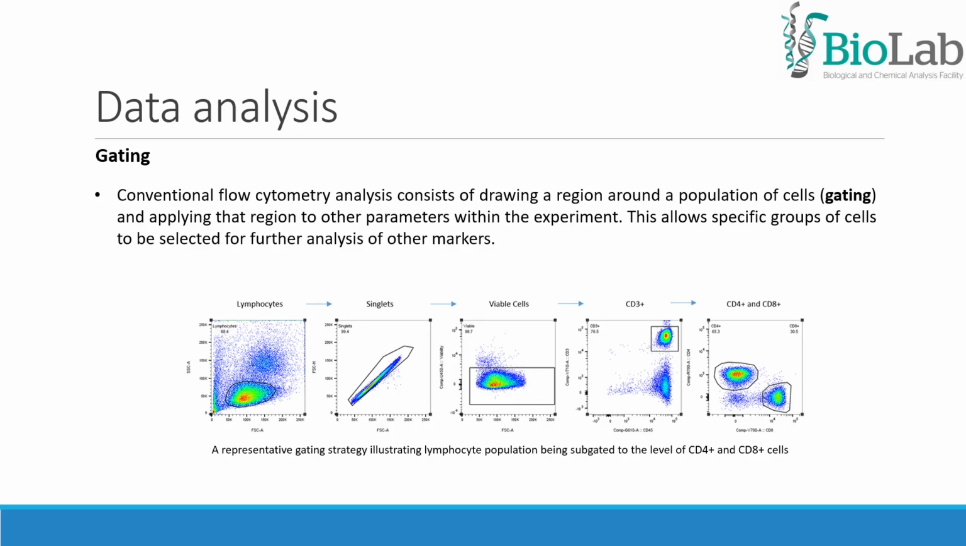Conventional flow cytometry analysis consists of drawing a region around a population of cells, which is called gating, and applying that region to other parameters within the experiment. This allows specific groups of cells to be selected for further analysis of other markers. Gates can be customized by using Boolean logic to link multiple gates together. However, the most popular application is to use gates in sequential order to limit data display and define the parameters